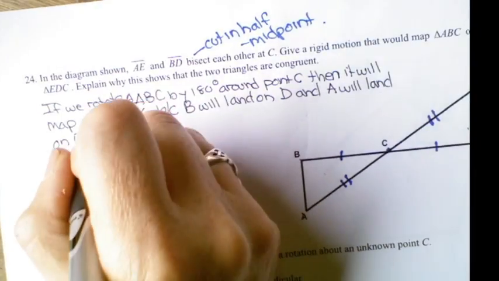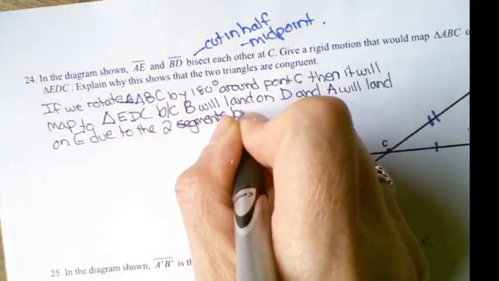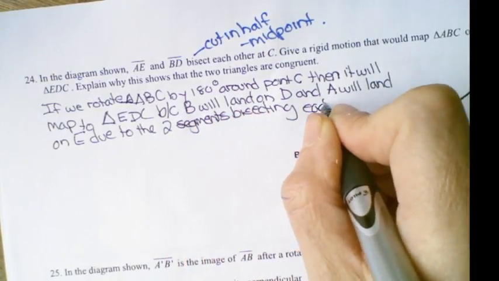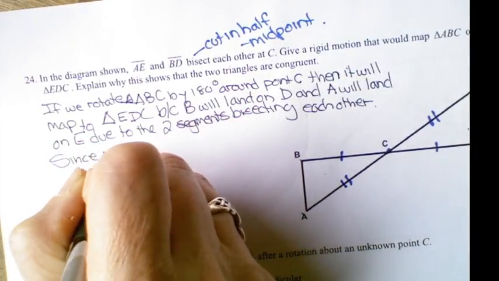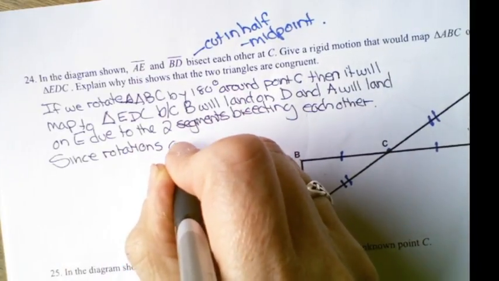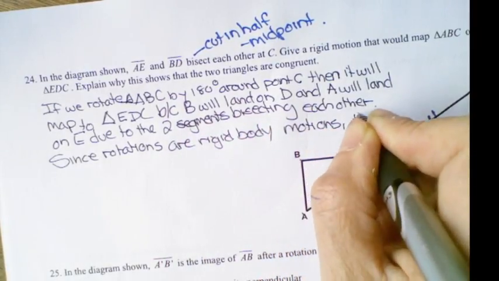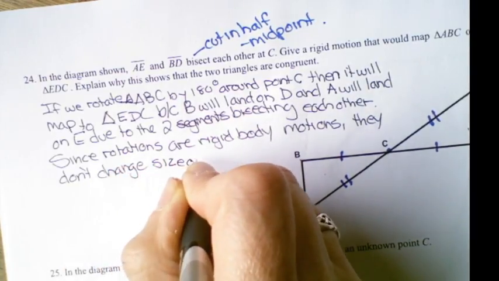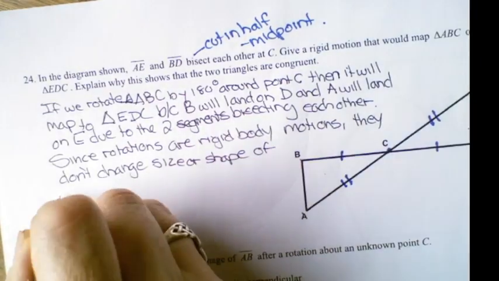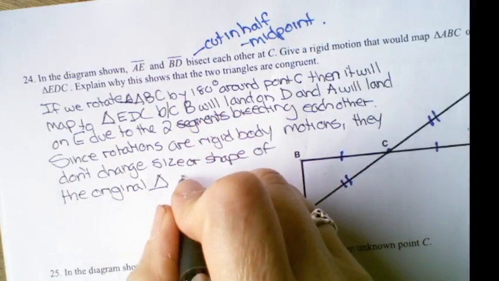Due to the two segments bisecting each other. Since rotations are rigid body motions, they don't change size or shape of the original triangle. So they must be congruent. So the two triangles